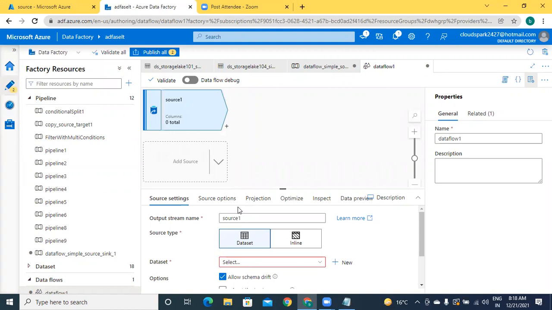The output is simply treated as a stream. If you want to give a stream name, you can give it. Default is source one. Suppose one more source you have created. If you click on this down arrow, one more source will be created. For that, automatically the name will be source 2. Already I told you, multiple sources can be configured within one data flow activity.